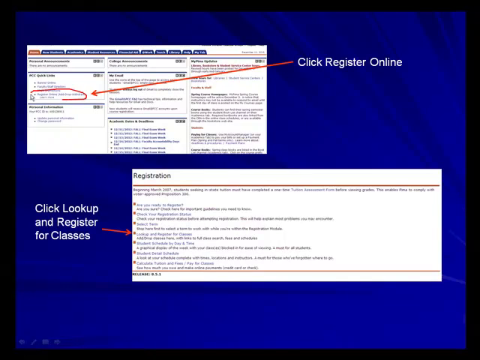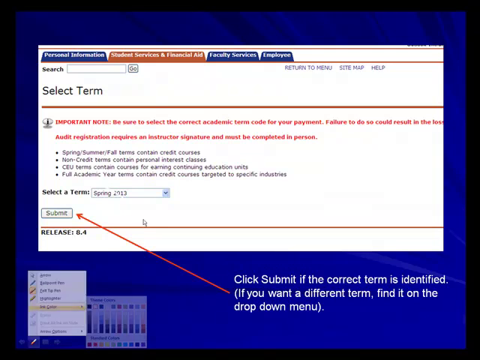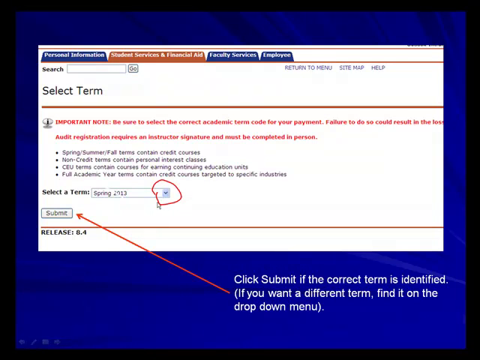Right here. And that's going to bring you to this page. When you get to this page, look up and register for classes. That's what you're going to want to click, and you will get taken to a screen that looks like this. You want to pick the semester, spring 2013. Hopefully that's the one that you want to register for. If not, you can use the pull-down menu. Pick the proper term and then click Submit,